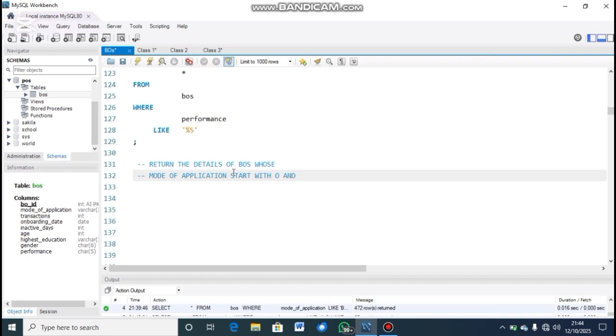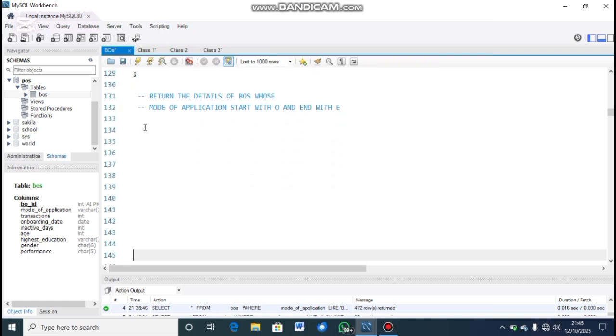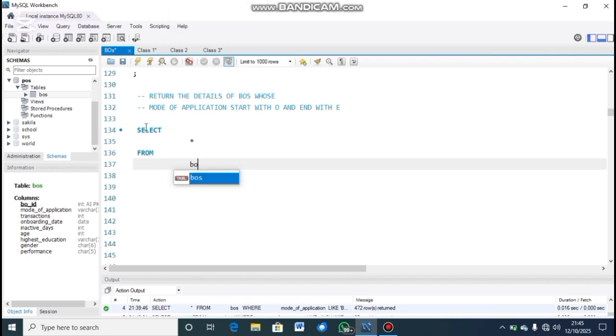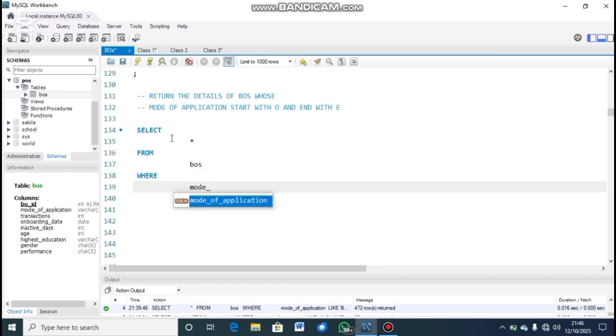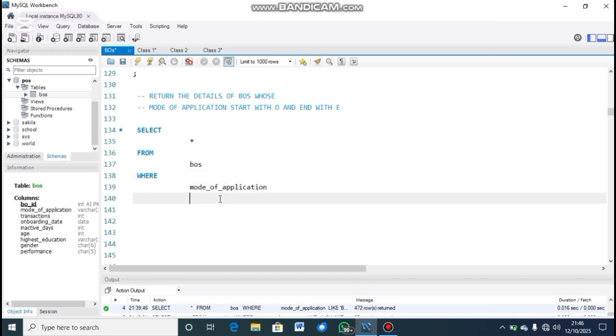So the question is, return the details of BOs whose mode of application starts with O and ends with E. We know that it is online that we have in that column, and online is 6 characters, and we know just the first and the last character there. So we'll have 4 characters in between the 2 characters. So we select all from BO's table where mode of application